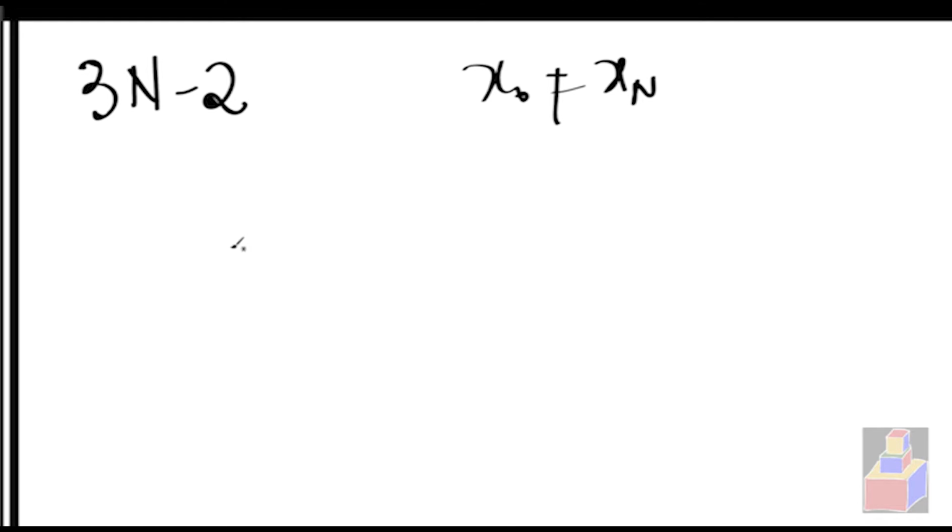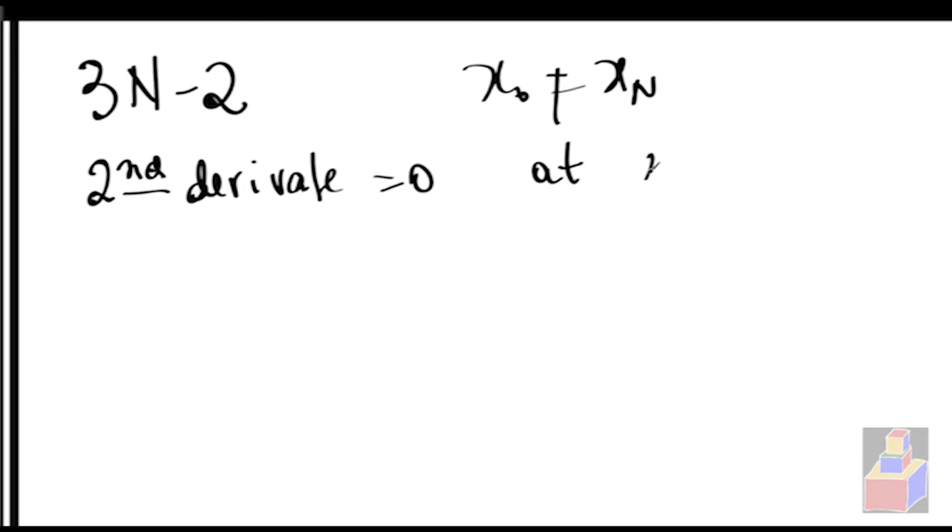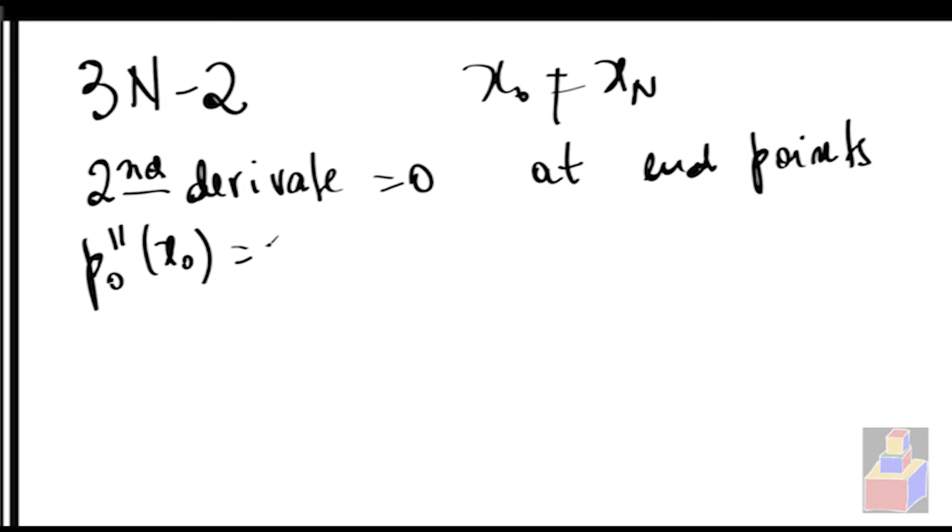We can simply impose that the second derivative is 0. That's a simple boundary condition at the endpoints. So we say that P0 second derivative of x0 equals 0, and